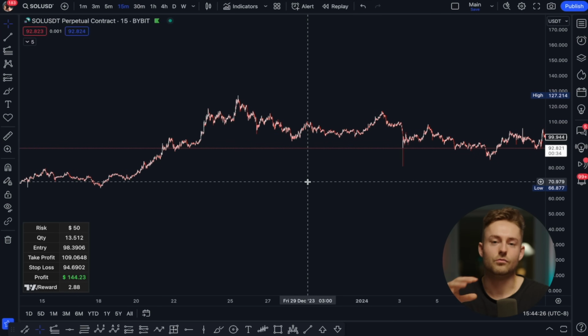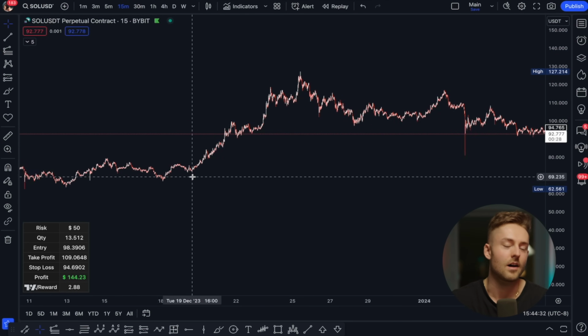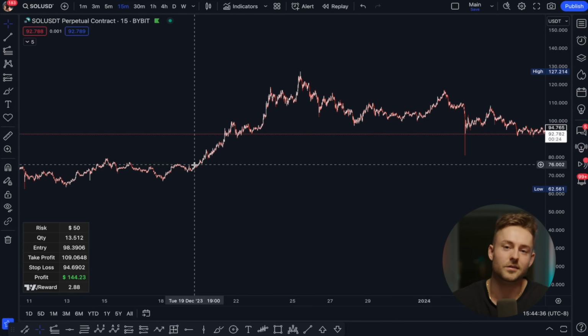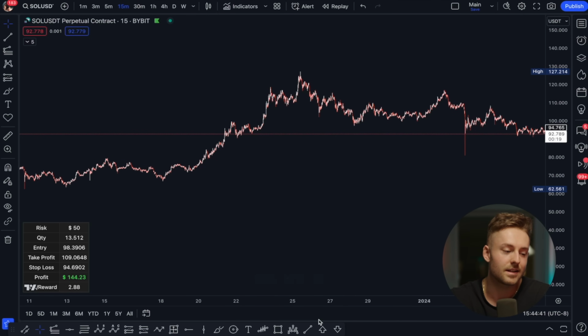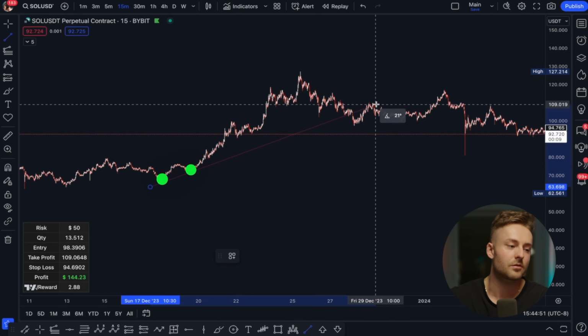The main way I'm going to be doing this is by identifying trends on our chart. The best way to do this is to scroll out a little bit on your chart and look at areas where you see the price bouncing off of what looks to be like an invisible wall. Because all we're doing when we're reading charts is seeing areas where people are buying and selling, and we're seeing supply and demand imbalances, which basically means that the buyers are strong here and here, which is establishing a trend